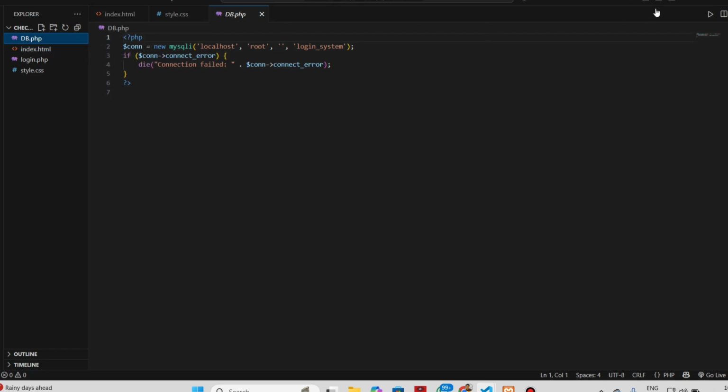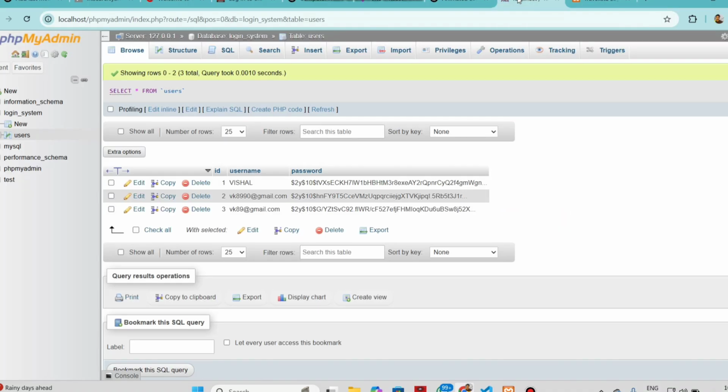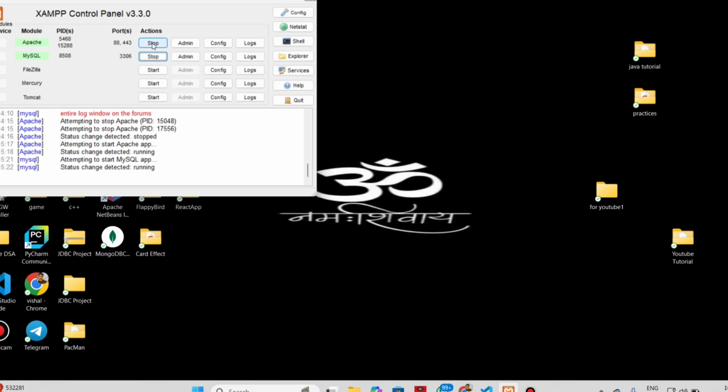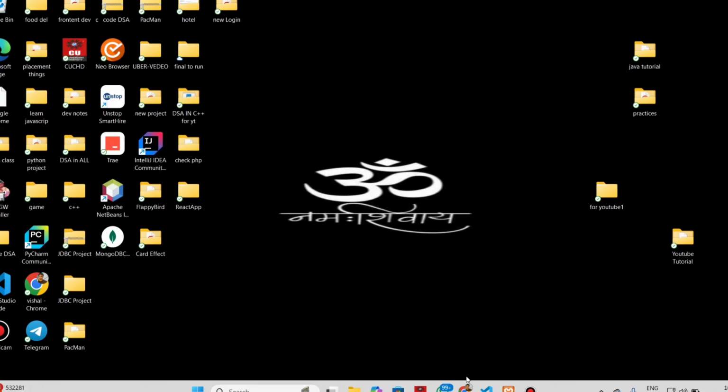So first of all, we need to create our database. This database I have used as a name of user. Now, first of all, we need to start our XAMPP server, Apache server, and MySQL. So, open it and click on Start and Start. I have already started it, and after that, open your Chrome browser